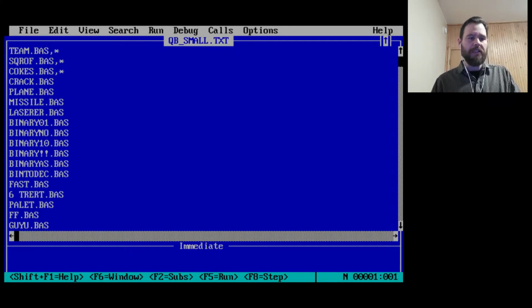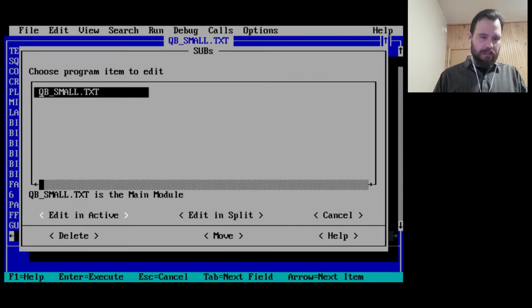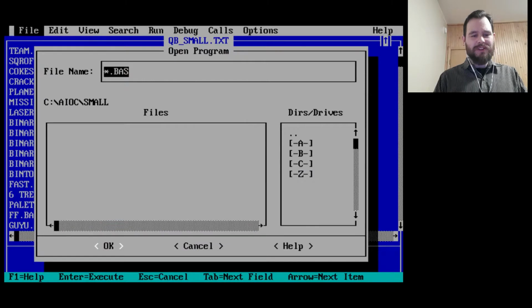Really, those three, Team Square and Coax, they really fueled this adventure in no code and this taking a step back and trying to figure out what these adventures are all about. And so what we're going to do is we are indeed going to look at these small programs. We're just going to do it in a different way.